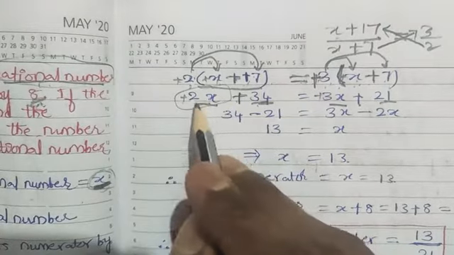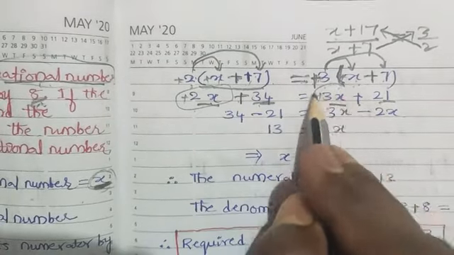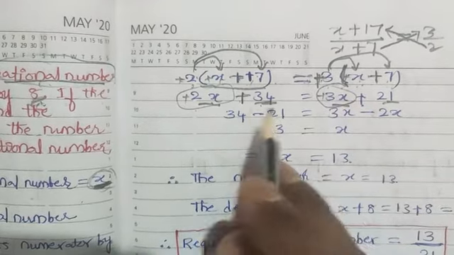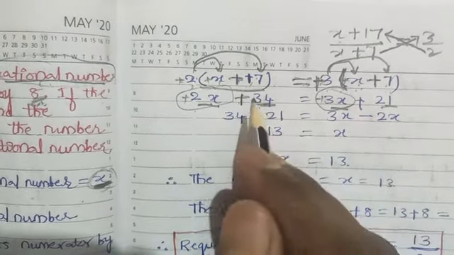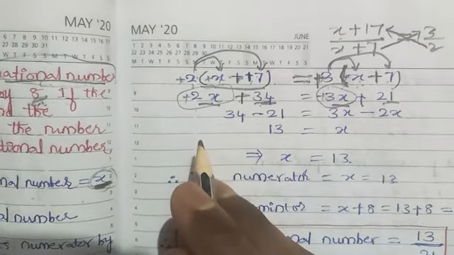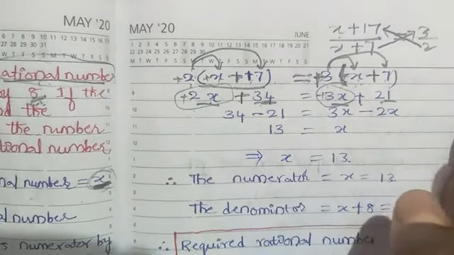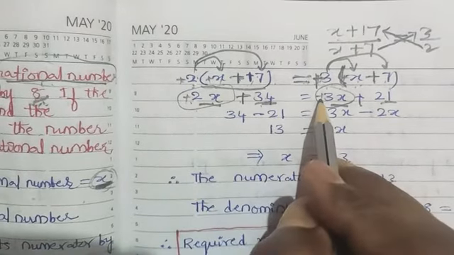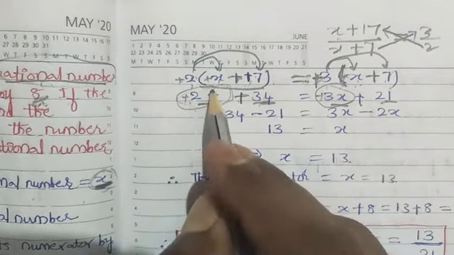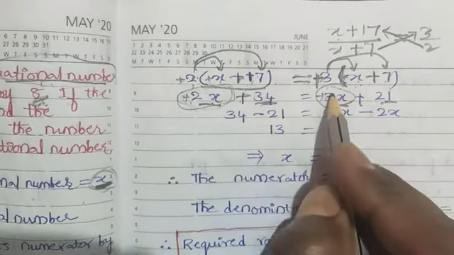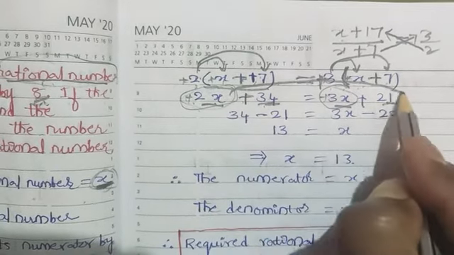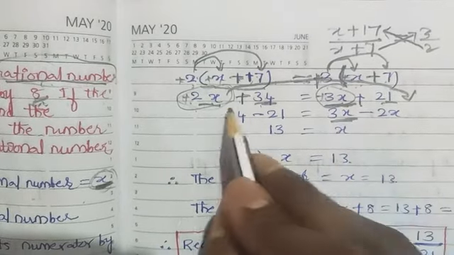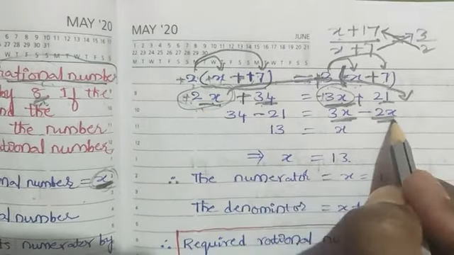Now here an x term is on the left side of the equality sign, and one more x term is on the right side of the equality sign. Take these x terms together and the remaining constants together. So on one side of the equality sign constants should be there, and on the other side the x terms. This is plus 2x and this is plus 3x. So transpose the smaller one. Plus 2x is smaller than plus 3x. So 2x you transpose to the right hand side. You will get 3x already on the right hand side only. There is no change. When you transpose plus 2x, it will become minus 2x.